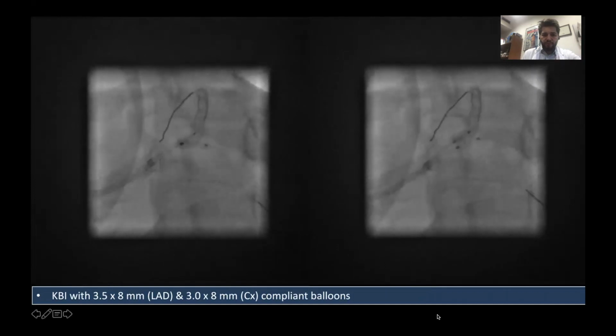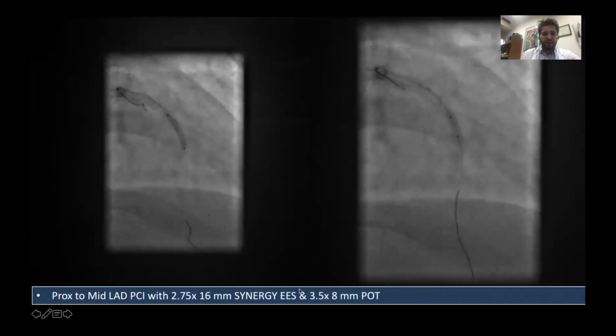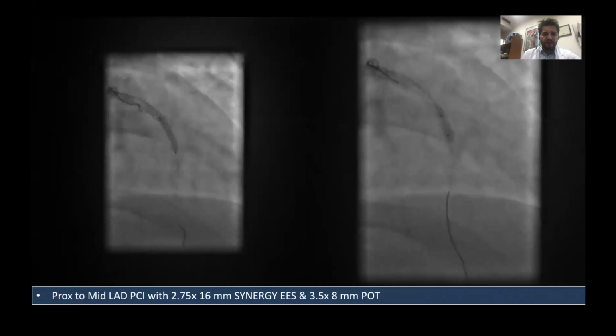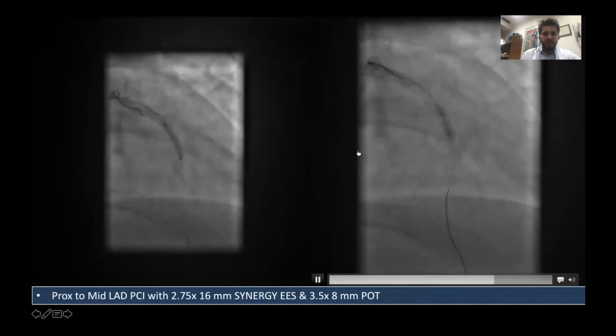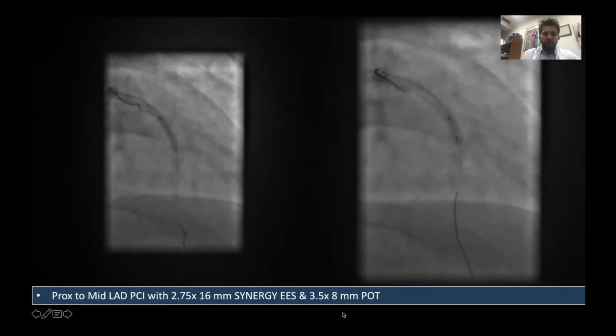We were pretty pleased with this result and decided to finalize our procedure by implanting a 2.75 per 16 Synergy eluting stent from prox to mid LAD. We then did a 3.5 per 8 POT,